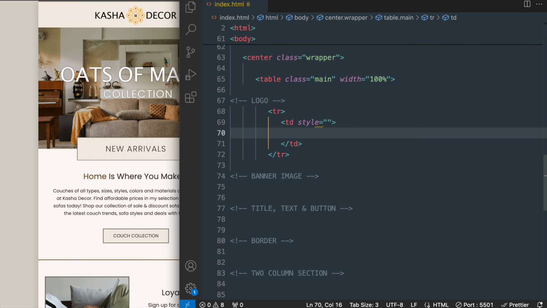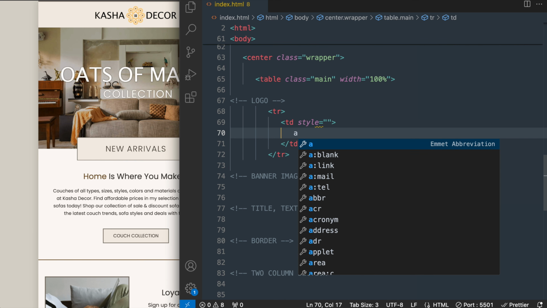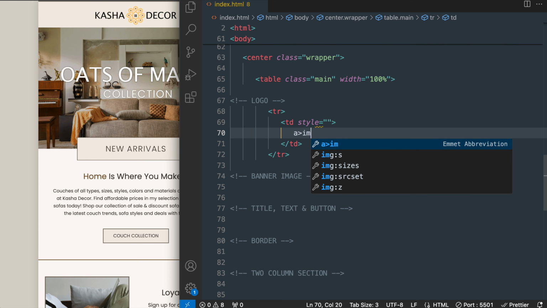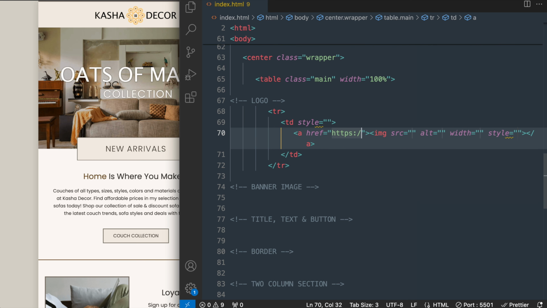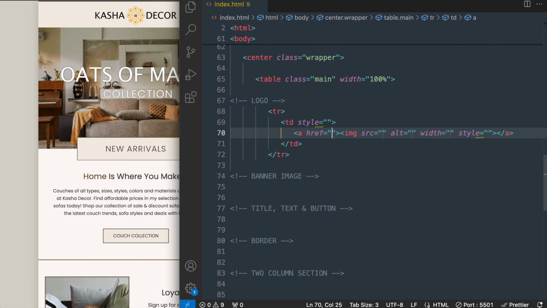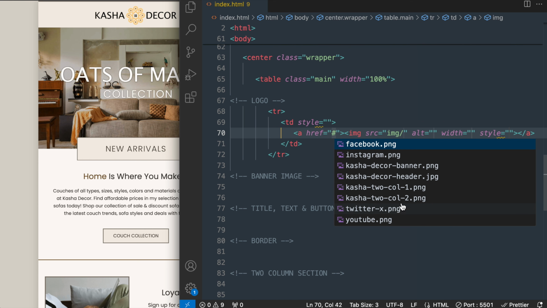Let's add our link, which is going to have an image inside of it. All of our images in the email will be inside of links. For the attributes, let's add alt, width, and style, then source will be included for us. And I'm going to leave the link blank with a hashtag, but you can add a web address here to your website or any link that you want. Just remember to include actual links instead of the blank link with a hashtag when an email newsletter is actually sent. Now for the image source, this is going to be inside of the image folder, and it'll be